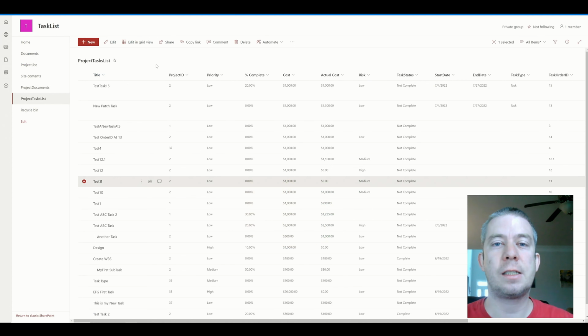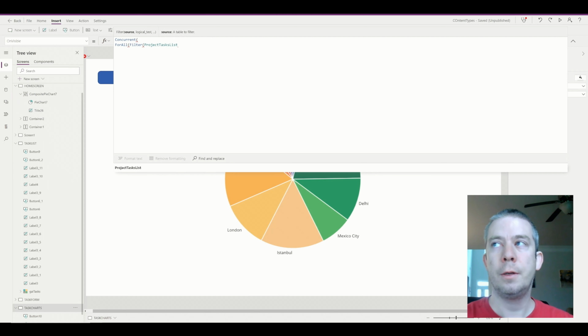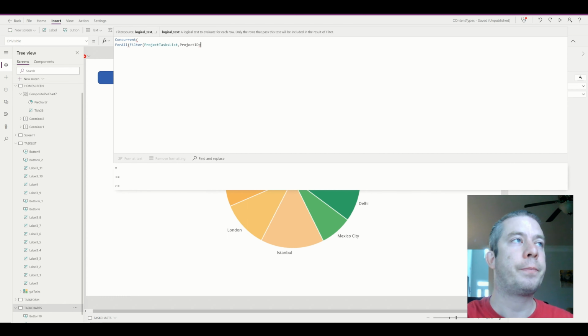My project tasks list is my SharePoint list here. And each one has a certain project ID. So we want to only do the project task list of the project ID compared to the one that we have selected. So we're going to say the project task list where the project ID is equal to the